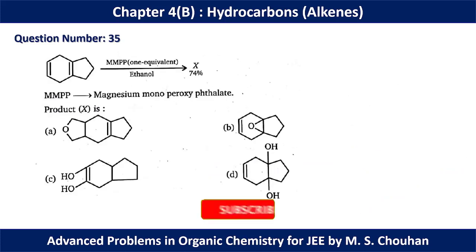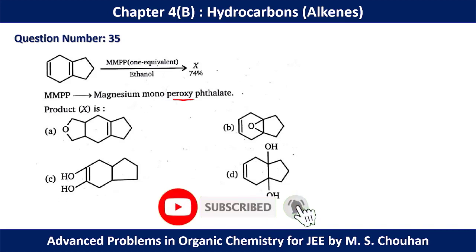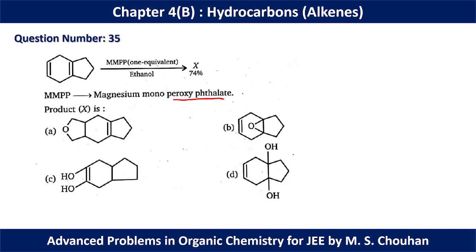In question number 35, a peroxyacid or peroxide is present. So we are getting an epoxide as the final product. Now if we have two alkenes, the alkene with more alpha hydrogens will react at a faster rate. If you go for this one, we have only 4 alpha hydrogens, and if you go for this one, we have a total of 8 alpha hydrogens. That's why the middle alkene will react at a faster rate, and in the epoxide we are getting this kind of situation, so B should be the correct option.